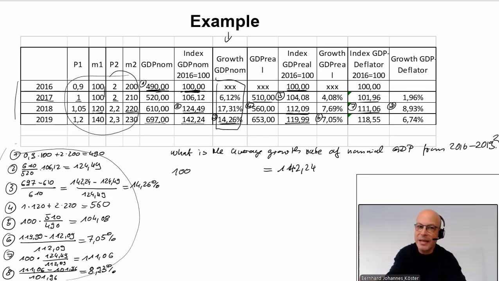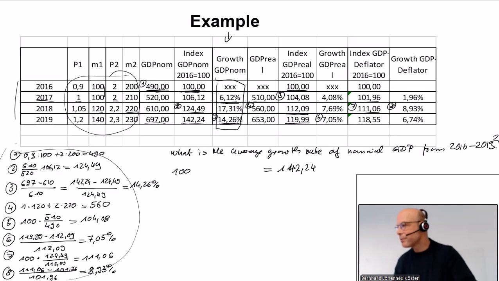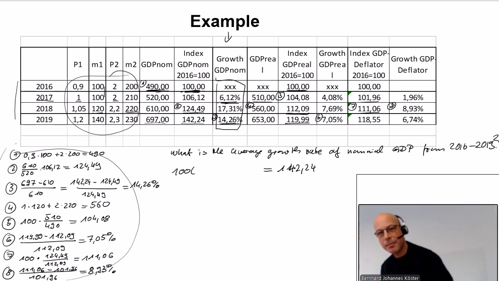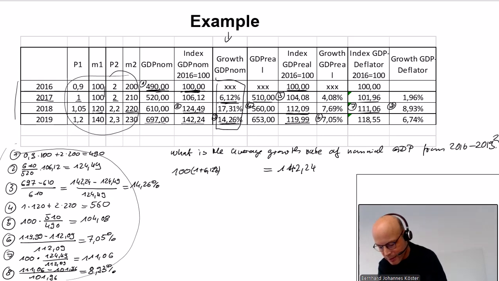And how did we get there? Well, just in the first year with a growth rate of 6.12%, this means multiplying with the growth factor 1 plus 6.12%. Then we are at an index level of 106.12, and to the next year we are growing with